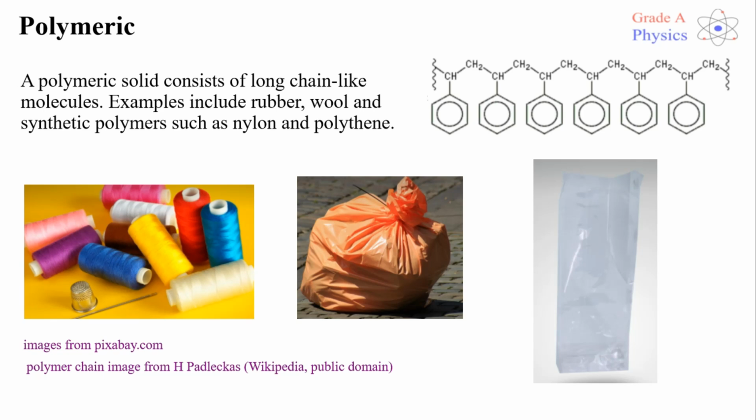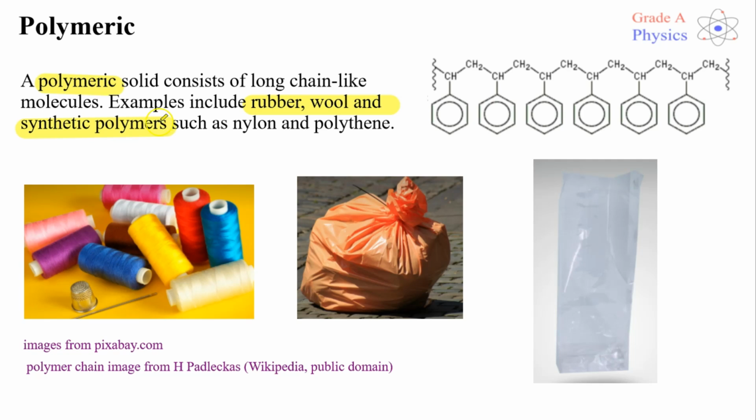The next category is polymeric. I'm sure you've come across this before. This is polymers. Poly means many, meric I think means molecule, I might need to check, but we have long chain-like molecules. We have some kind of molecular structure, which we do not need to know about. This is very much chemistry. And then it's repeated over a long chain, so we have this repeated pattern. We need to have that brief description and then some examples: rubber, wool, and various synthetic materials like nylon